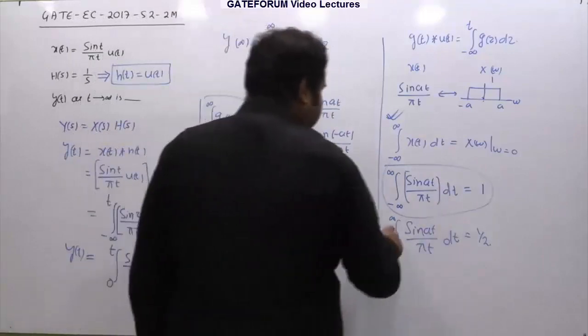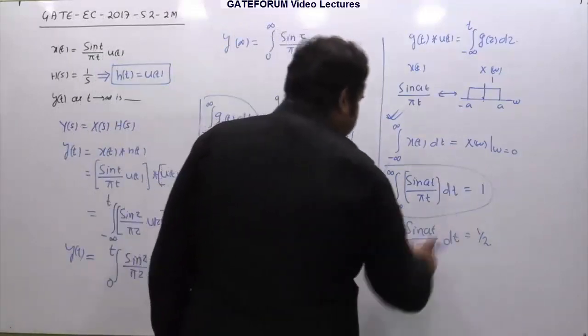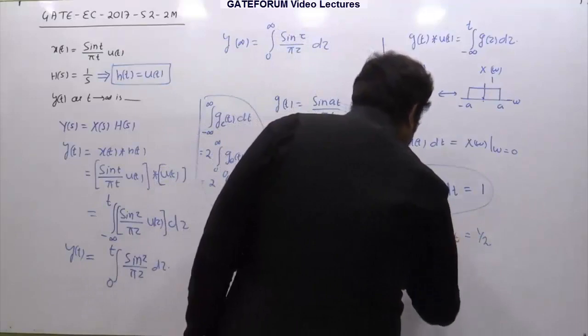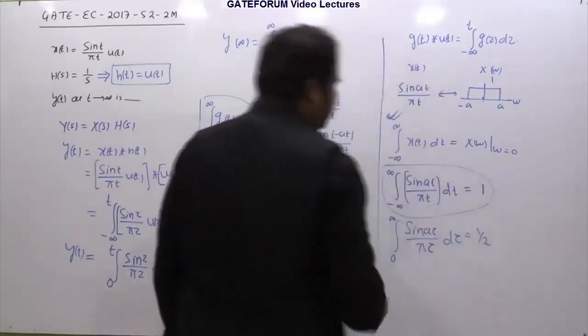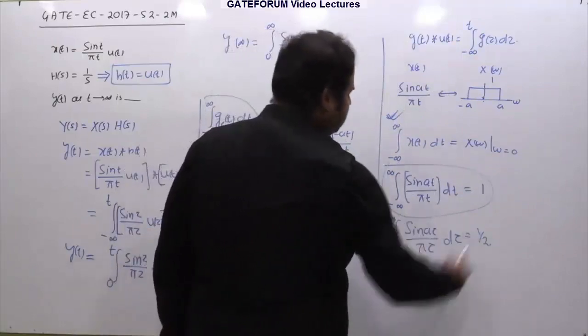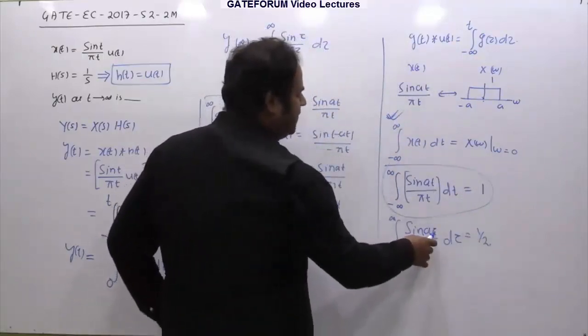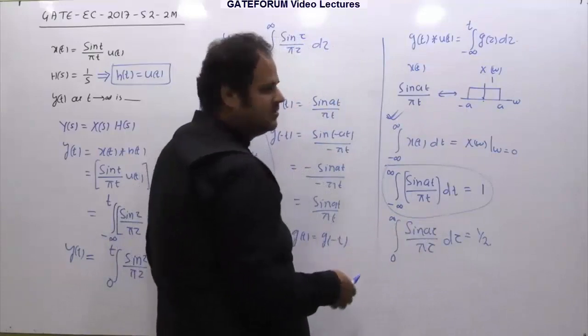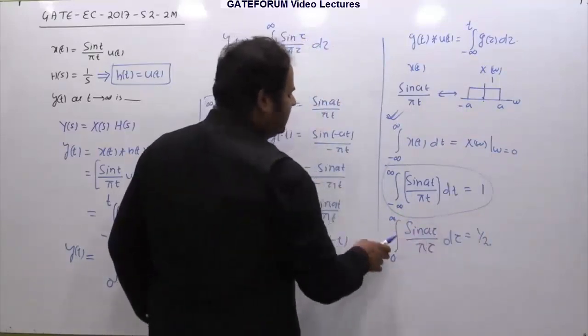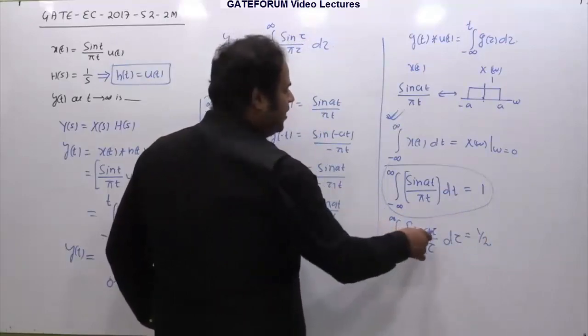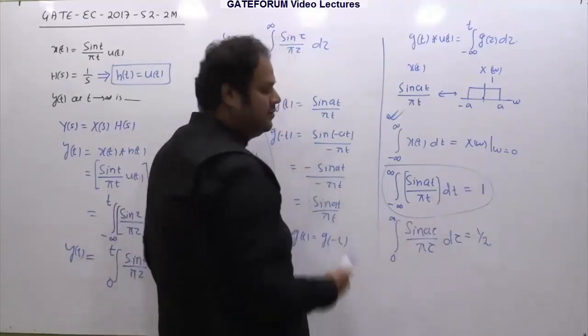And if I say the integral of sin(at)/(pi t) dt is half, and I ask you what is the integral of sin(a tau)/(pi tau) d tau, what is the answer? It will still be half, because if you change the variable, there is obviously no change in the answer. Even if I replace this tau by x, y, z, whatever it is, is it going to change? It's not going to change. No matter what the variable is, at the end, whenever you put the limits, there is no existence of the variable, let it be tau, x, y, z, whatever it is.